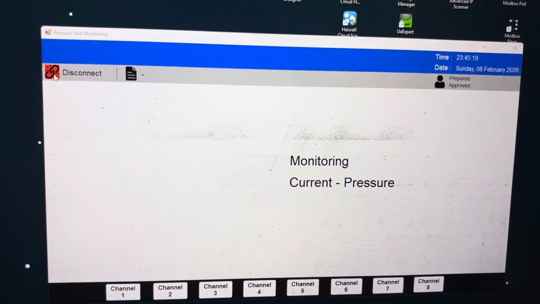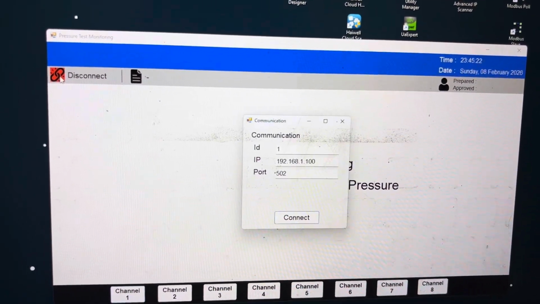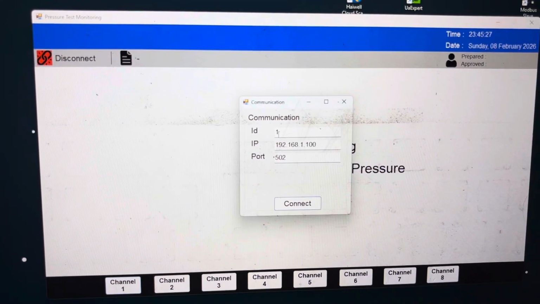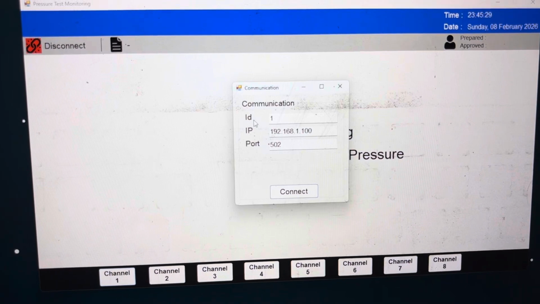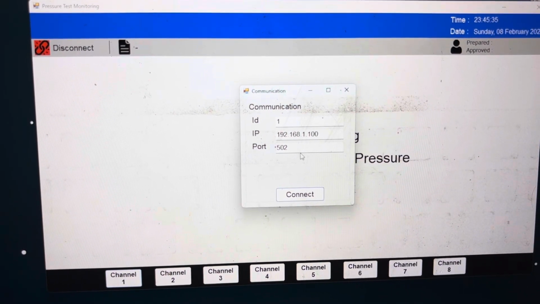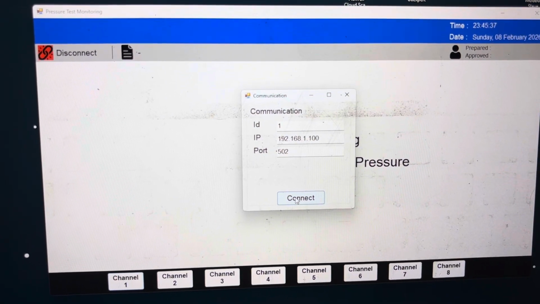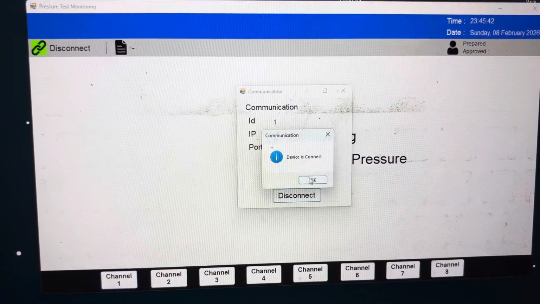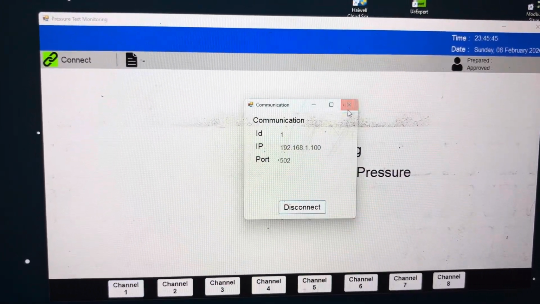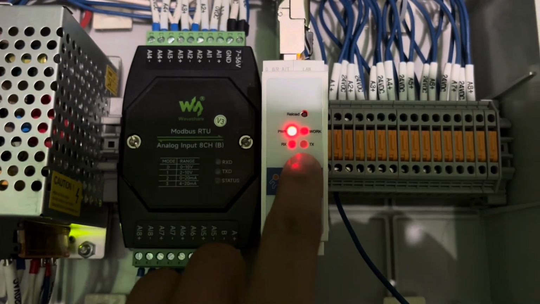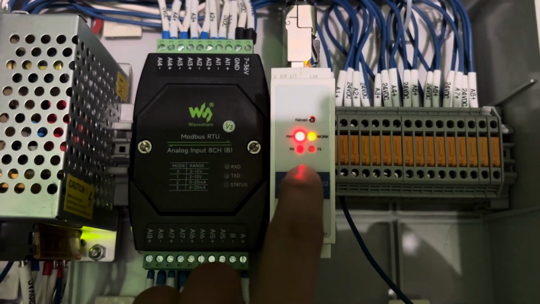First of all, we can click the connect icon, and we can see the address of the communication with my hardware. This is the ID, IP, and port of the basic communication with Modbus TCP. We can click connect. The software pops up, the device is connected. So the software is connected with my hardware. You can see the LED receive and transmit is on or blinking,